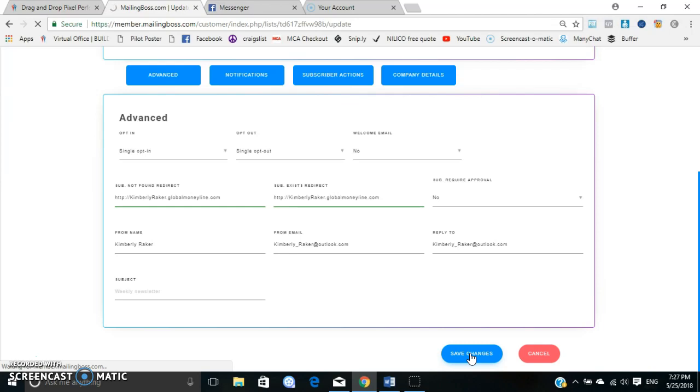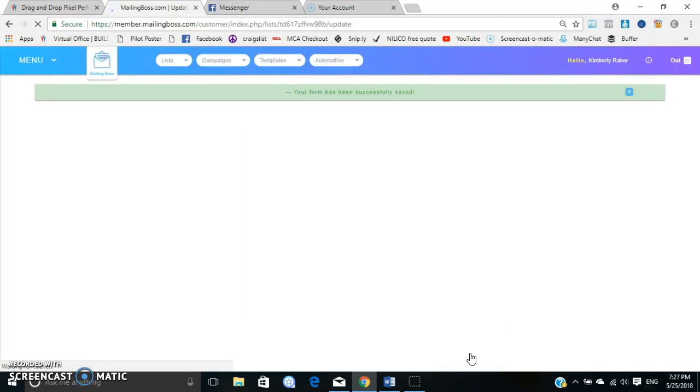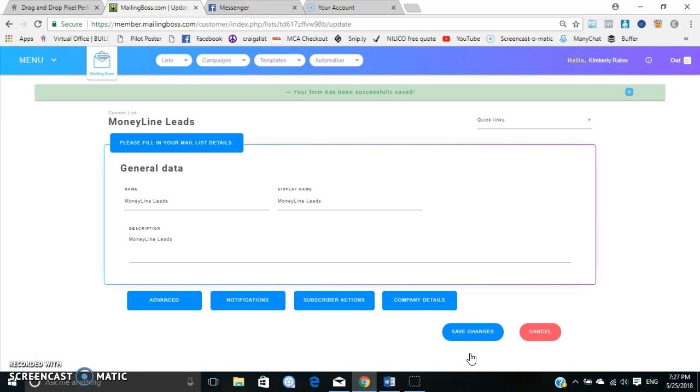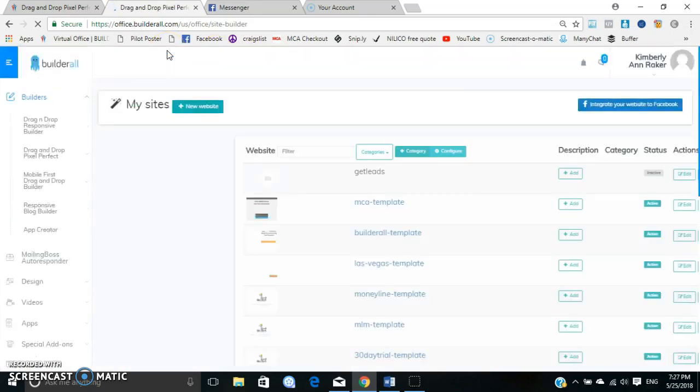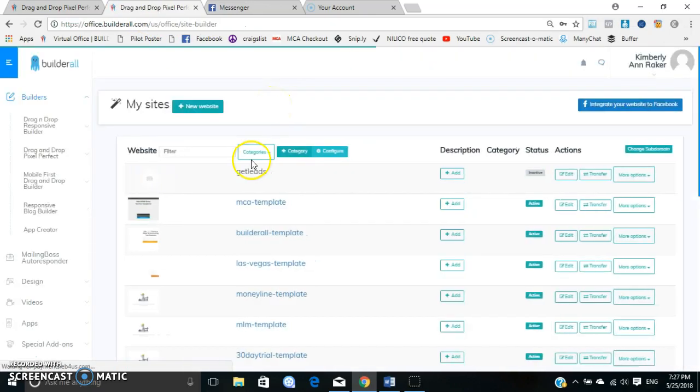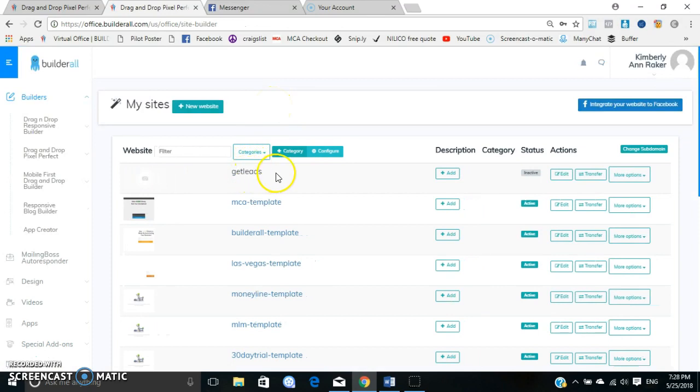And as soon as that saves, then we can move on and go to the capture page and configure the capture page, connect it to the external website, and make any editing to the background, pictures, text, or anything else that we want to change while we're there. So I'm going to log out of Mailing Boss. And now I can work on my Get Leads